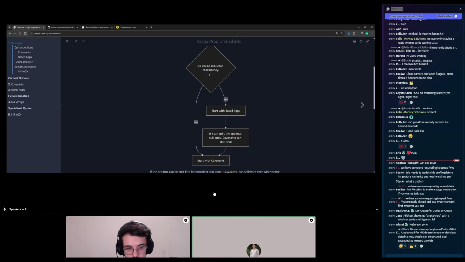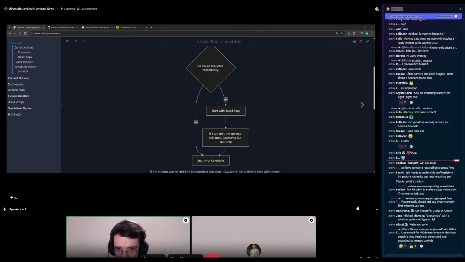So it's going to take time for patterns to become clean and crisp and easier to use. In that sense, we're still at the stage where we're POCing capabilities. And I think throughout this session, it's going to be more clear what you can do with covenants and when you should switch to based apps. Based apps, we'll say a few words about that, or you can start and then I'll complement you.